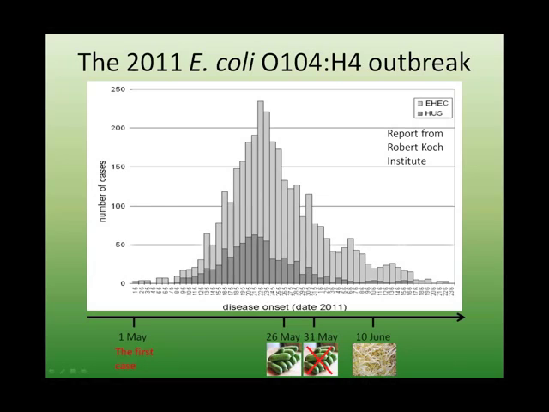However, soon, on May 31st, the lab test showed that 2 of the 4 cucumbers examined did contain toxin-producing E. coli strains, most likely because of cross-contamination in Germany, according to the experts, but not the outbreak O104 strain that was found in the patients. And this result indicates that the previous announcement about the Spanish cucumber was not right, but this had already caused dramatic economic damage to all the farmers.